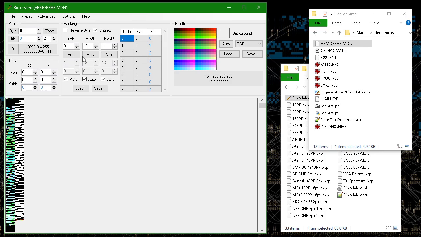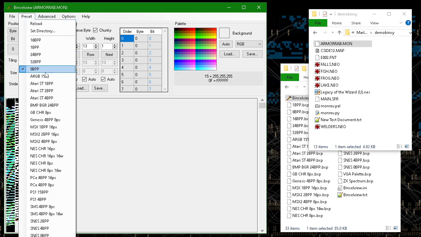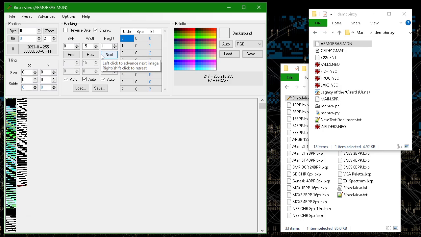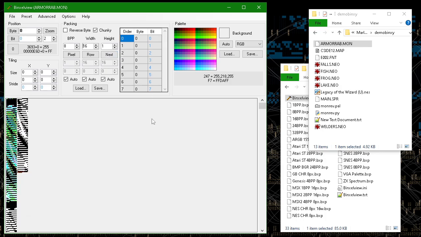Basically the way this tool works, the preset I've started with is 8 bits per pixel. It's very plain, so every byte maps to a color in this palette. You have different choices for palette. There's some auto-generated ones, and you can load your own. I'll show you that in a moment. But the basic step is you start by setting the width, and you try and find a width where things start to line up. That looks kind of interesting, but it's not quite right, which means we're probably close to an integer multiple.